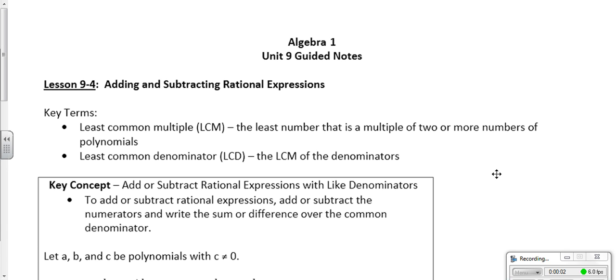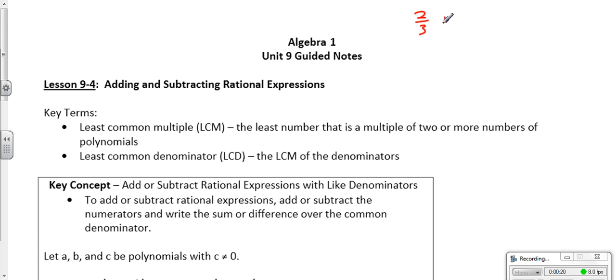Lesson 9.4, Adding and Subtracting Rational Expressions. Now the biggest difference here is obviously that it's adding and subtracting, and it adds a step into the process. So I'm going to start with a simple question of, let's say, 2/3